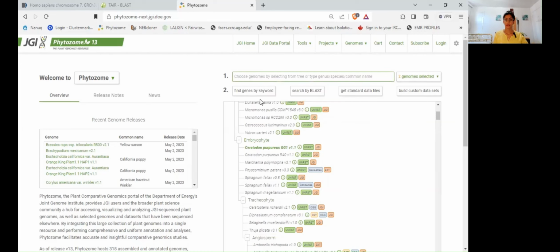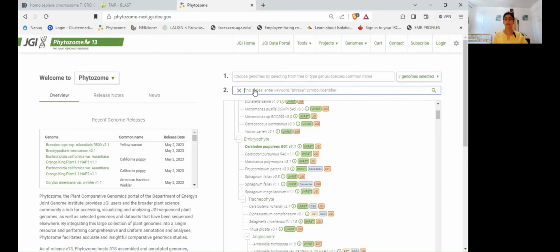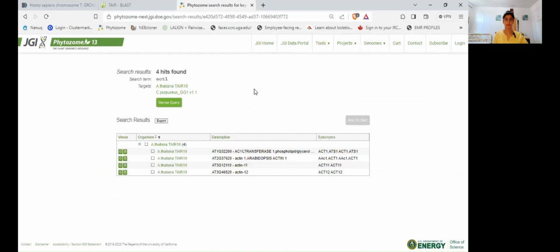Your genome is now selected, and then you can find genes by keywords, or you can search by BLAST or the other options. I'm interested in finding the genes by keyword, so I'll write down ACT1 and press enter, and then just wait. Here you can see all the options. Then you have to check the information for which gene you want to download. Because I'm interested in this acetyltransferase 1 gene, ACT1, I click on the gene report. So here are two